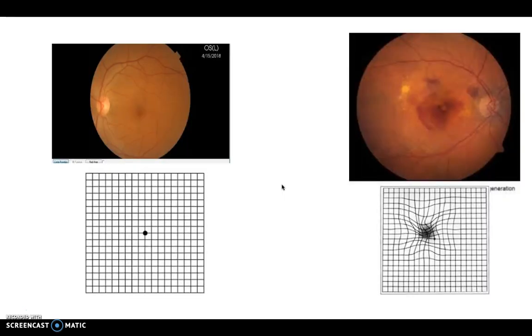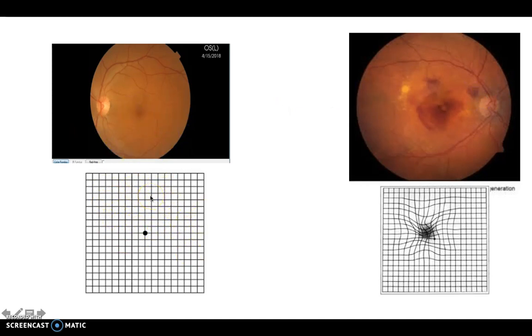Another slide which is very common is a patient with what we call age-related macular degeneration. This patient will present to you with distorted central vision, and when we look at the fundus, you're going to see some bleeding or some abnormal membrane in the macular area. This is what we call age-related macular degeneration, a very common, important cause of poor vision in the elderly, especially in Europeans and Americans. This on the left slide is a normal fundus, and this is a